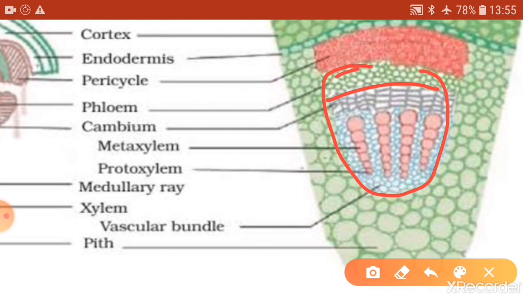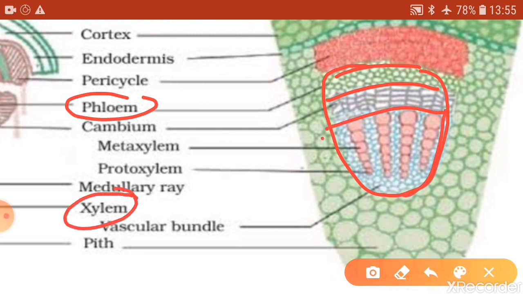Outside you have got phloem. This tissue is the phloem. Again, phloem will have parenchyma. It contains sclerenchyma fibers also, right? So parenchyma and sclerenchyma are present in phloem. Not just in phloem, in xylem also. So below you find there is xylem present. Xylem also contains other components about which we will discuss, but parenchyma and sclerenchyma are found in xylem.